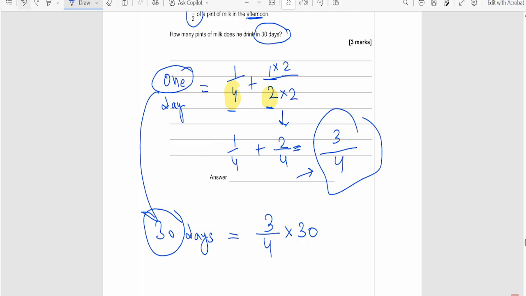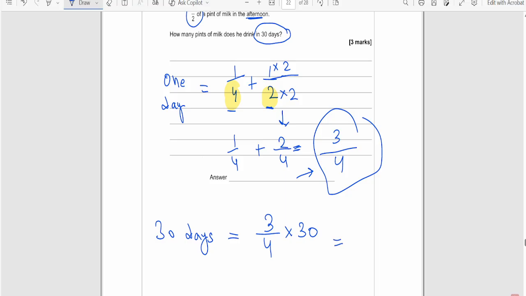I'm like, do we first have to do 30 divided by 4? Oh, okay, that is what you mean. Yeah, you can do that. If it is not completely divisible, you can first multiply these two, because 30 does not come in the 4 times table. So 30 times 3 is